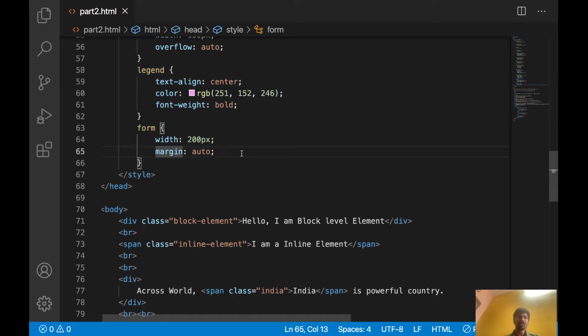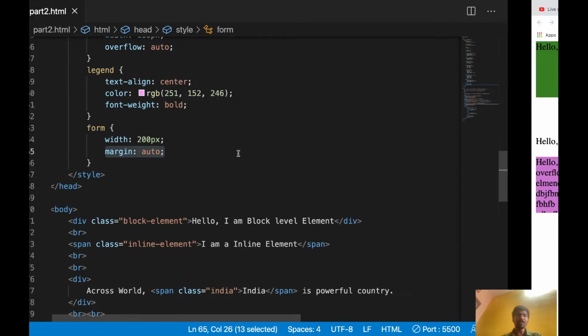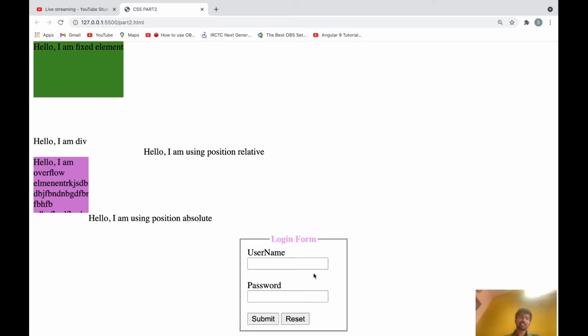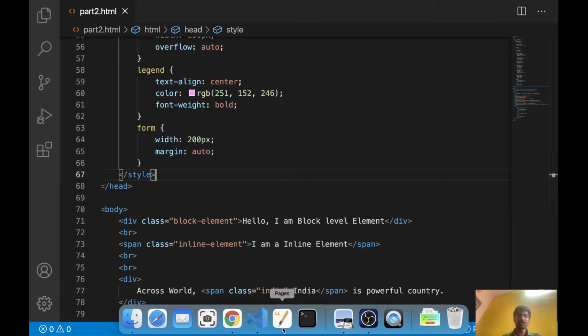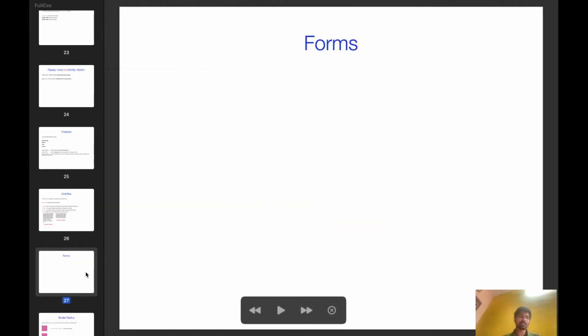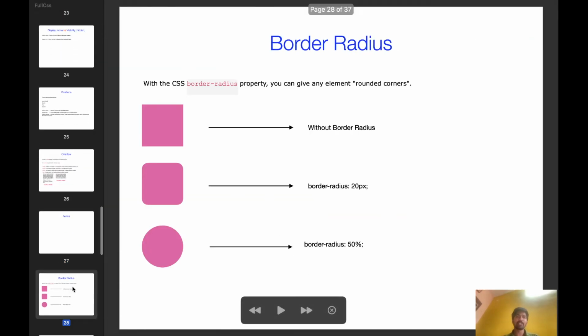And I used one new one, margin auto. Margin auto means the complete element, whether it is a form or div or paragraph, anything, will move to the center of the screen horizontally. This property is margin auto. Okay, so that is about the styling part of forms. Okay, let's go to the next one,